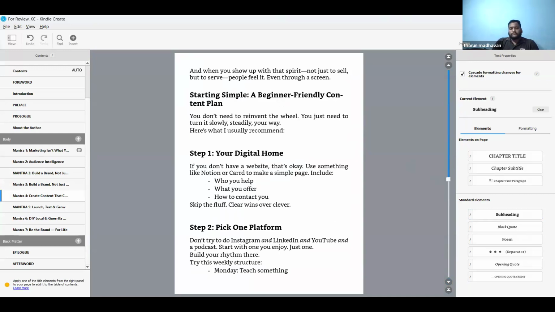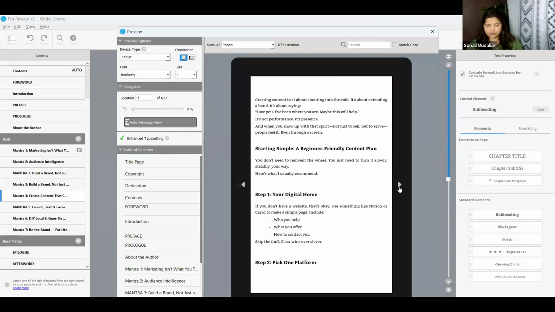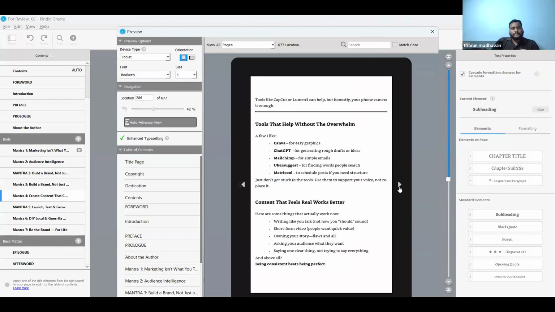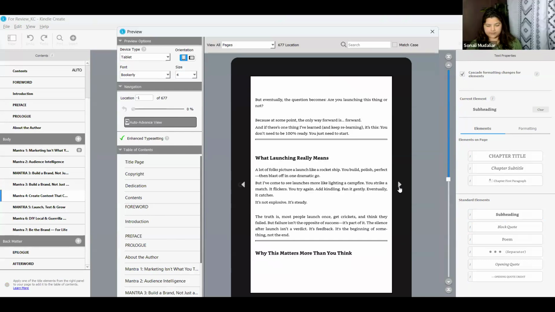This is how you're going to actually check, page by page.